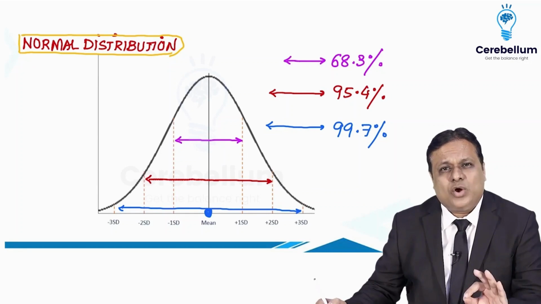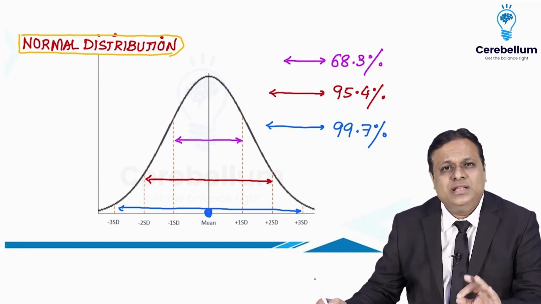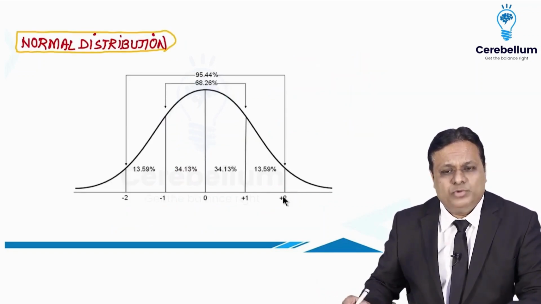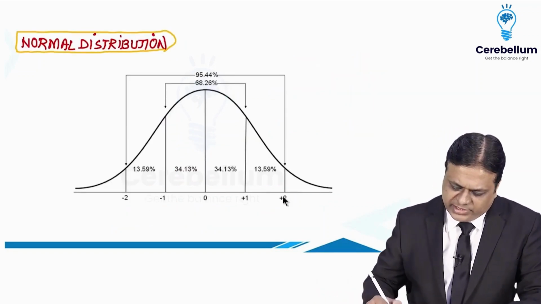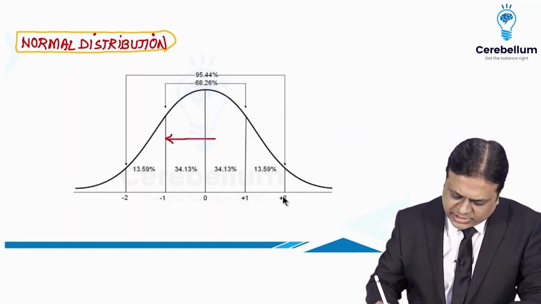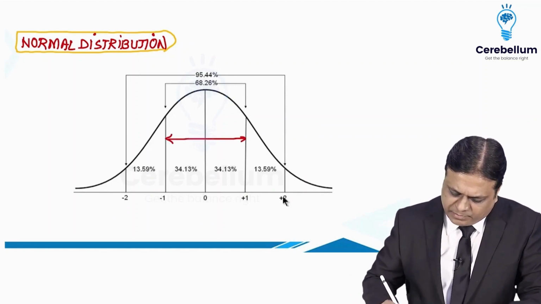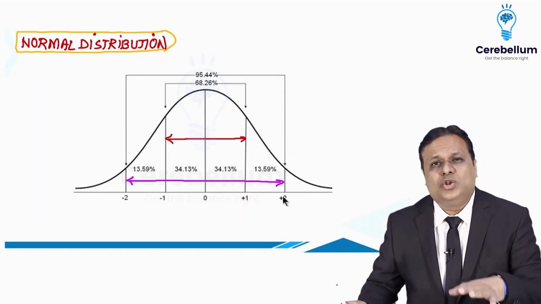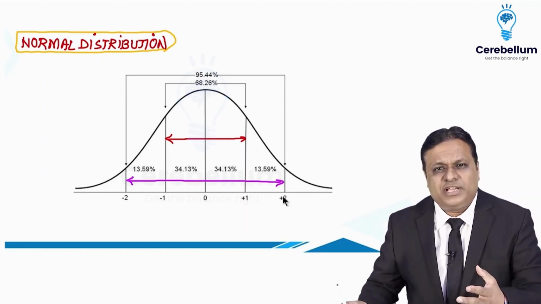So in exam, all your questions revolve around 68, 95, 99%. Memorize them. Look at another image from normal distribution. Now this you can see clearly. Mean plus minus 1 standard deviation, mean plus minus 2 standard deviations. So this is normal distribution. If we want, we can show mean plus minus 3 standard deviation also on this diagram.